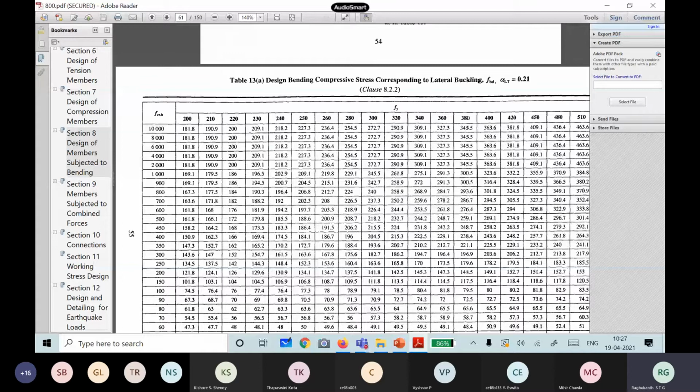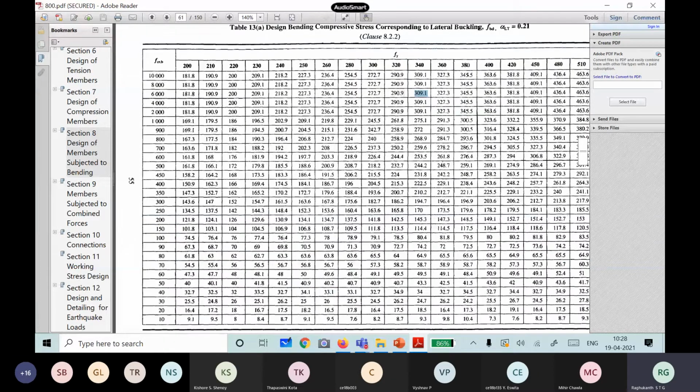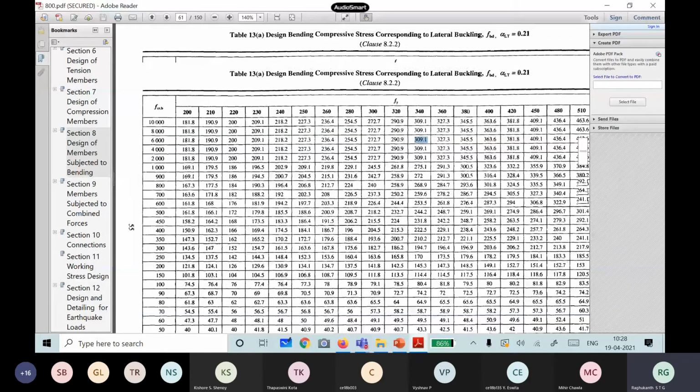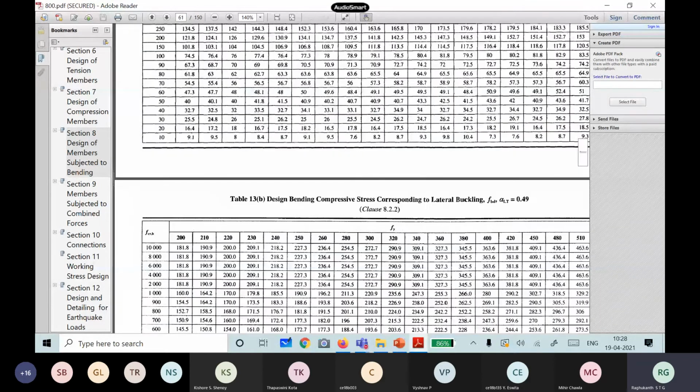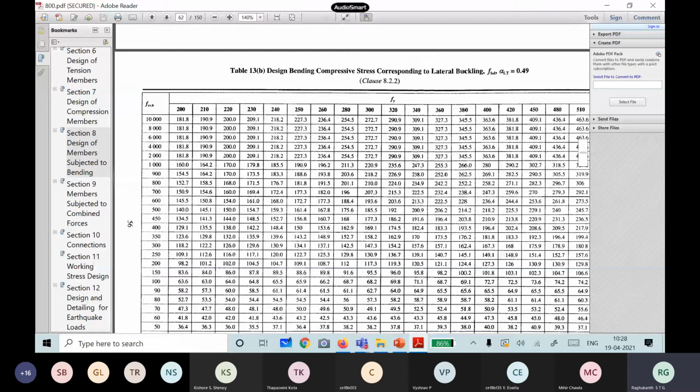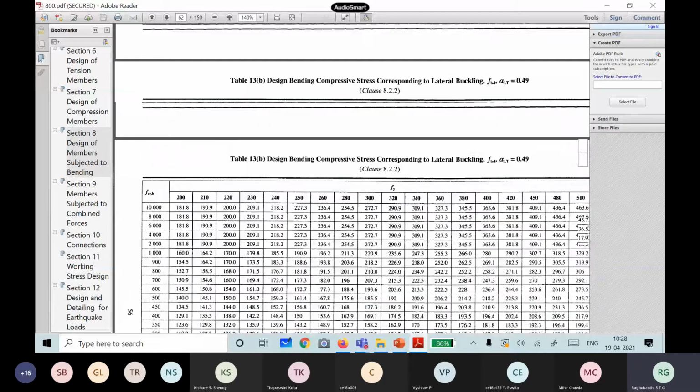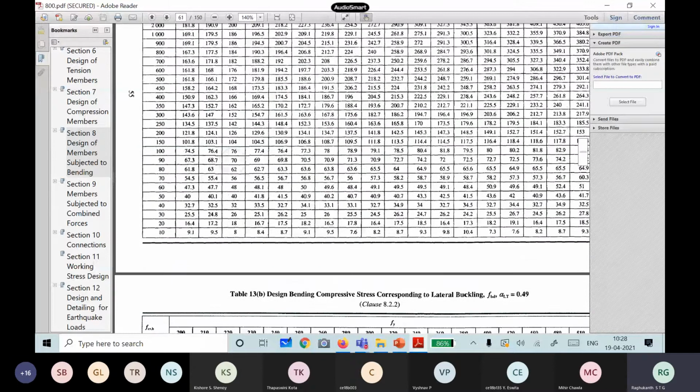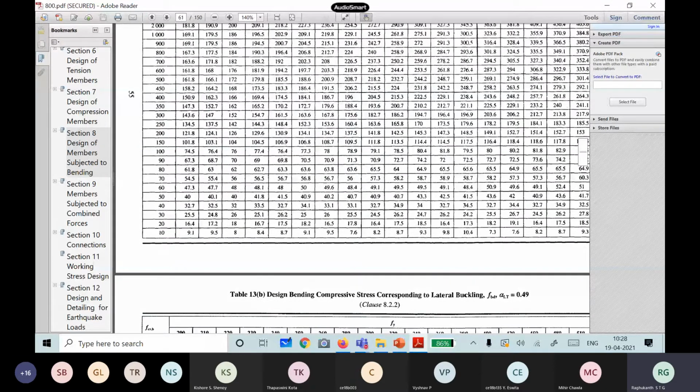For the yield strength of steel, right now in all our problems we are using 250. So you go to 250, find out the slenderness ratio of your beam, that is L by R or whatever, and substitute here. You pick up the corresponding value for the FCRB itself. They gave you two charts. One is for the rolled beam, the other one is for the welded beam. See here, this is 0.21 and this is 0.49, that is for the welded beam and rolled beam. Of course, the welded beam values will be lower than the rolled beam. See here, like you see 145.5 for 600, and it will be 161.8. So the code automatically gives two curves.